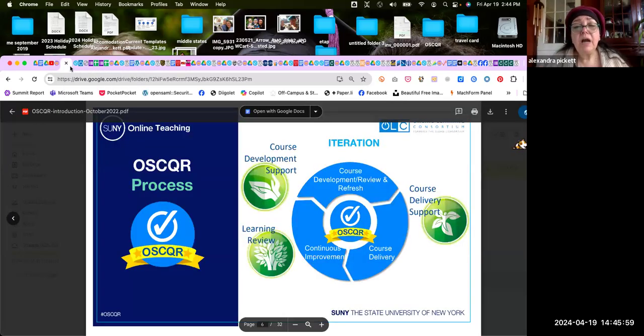So the main thing that I usually wrap up showing the video with is to mention that OSCQR is not just a set of standards. It really involves the rubric, which is the set of 50 standards, and it also is a process. So OSCQR as a process is a process of continuous improvement. It really approaches